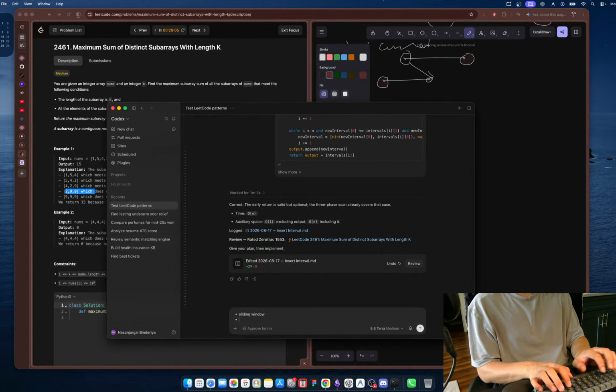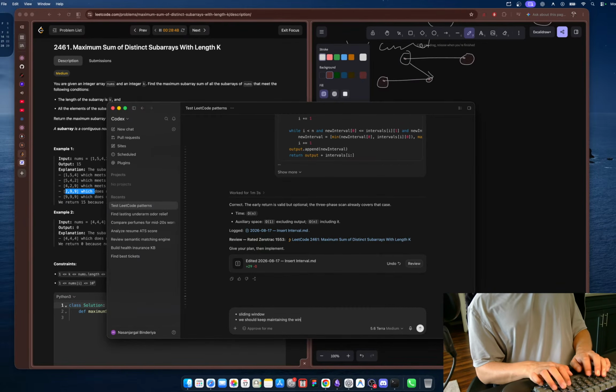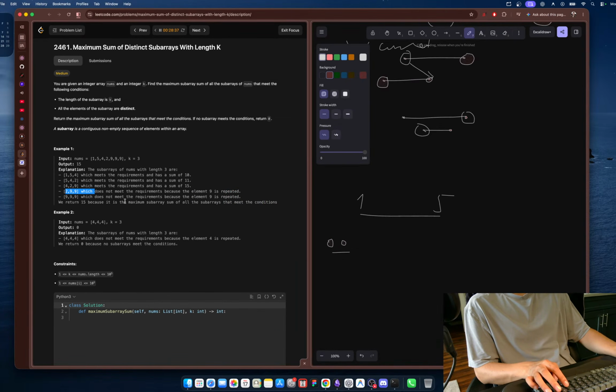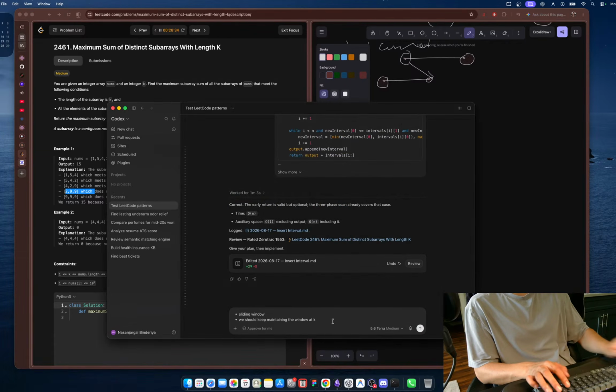Sliding window, and we should keep maintaining the window at k, and if the window